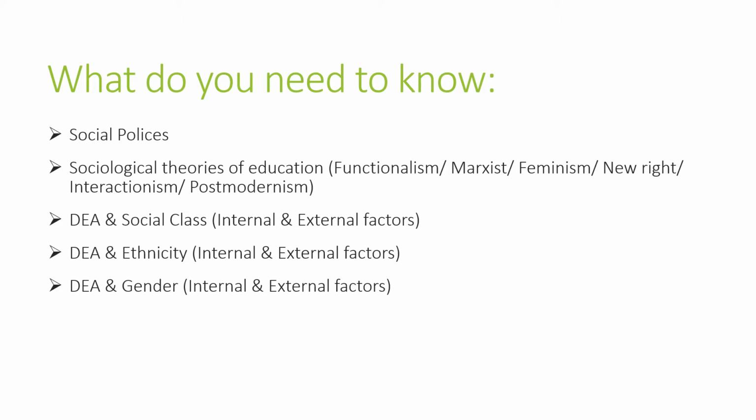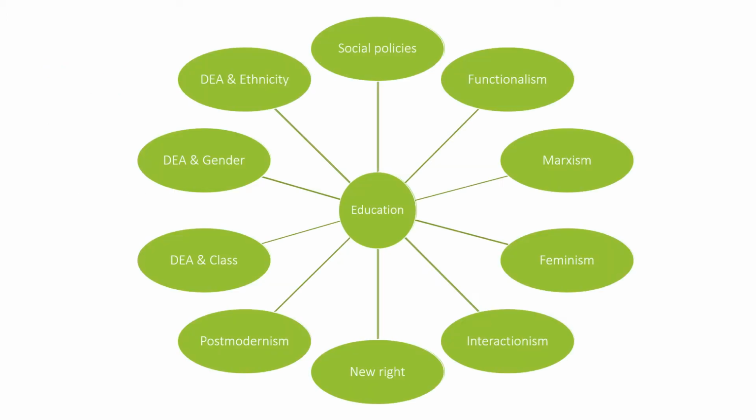We're looking at within that group. So generally within classes, rich and poor; with ethnicity it is minority and majority; and with gender it is boys and girls. So what is causing a difference in achievement? What's causing the gap? And we're going to look at what's happening inside the education system, the internal, and what's happening outside, the external. So as an overview, if you think about this topic, we've got policy, all the theory